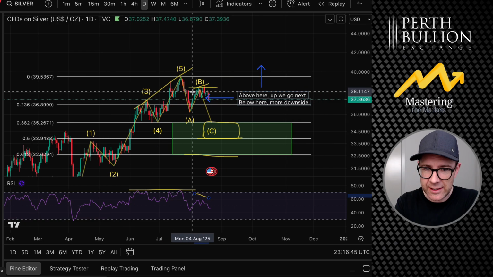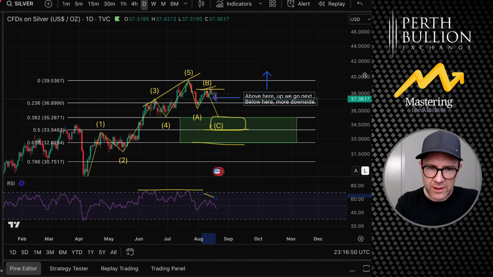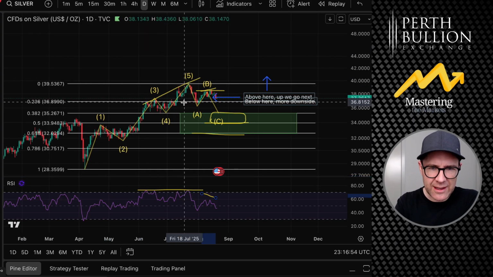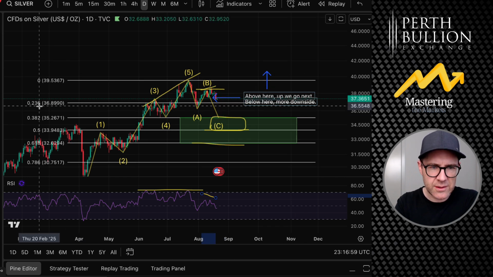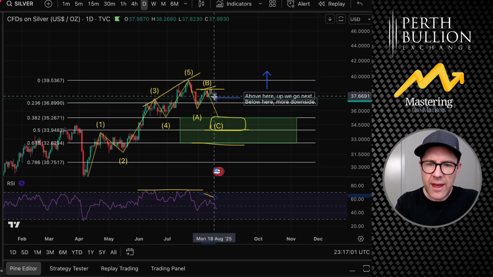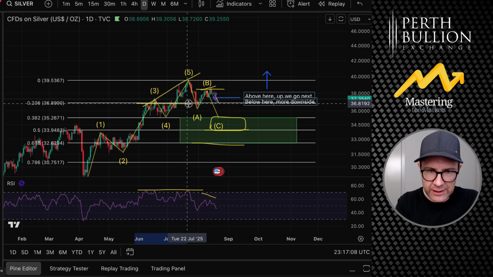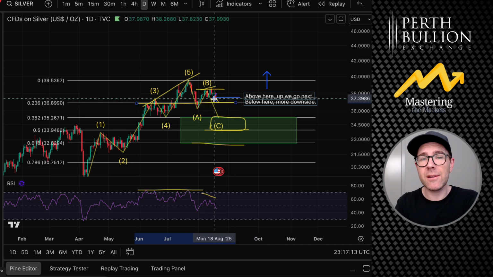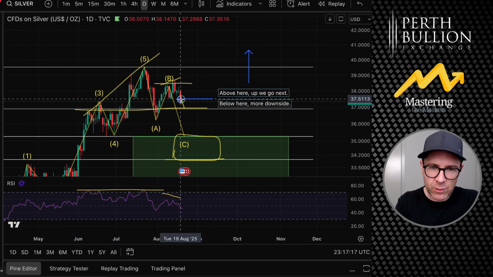But what I'd really need to see in order for that not to be the case is, again, from this low and this high, I would like to see that $36.90 level right there. Can you see that? The 0.236, $36.90. That respected would be nice. So just a little bit further dip, that's fine. That's previous resistance as well. Can you see how that lines up really nicely? Look, it's getting a bit detailed here, I know, particularly if you're watching on a phone, but a little dip to here would be perfect.